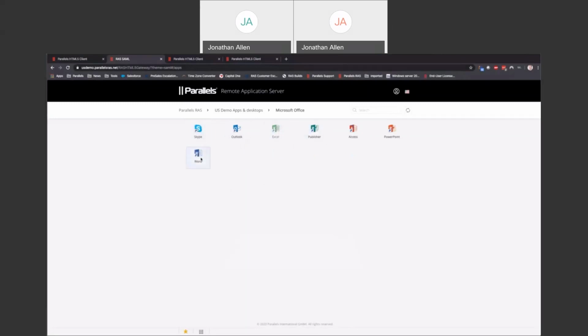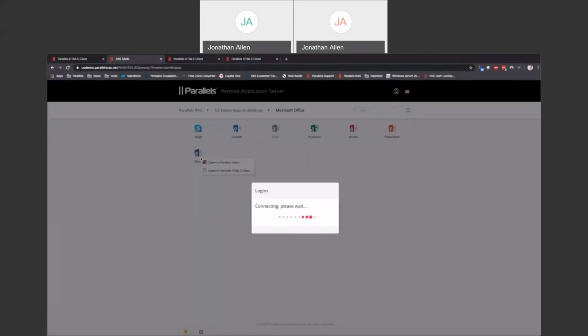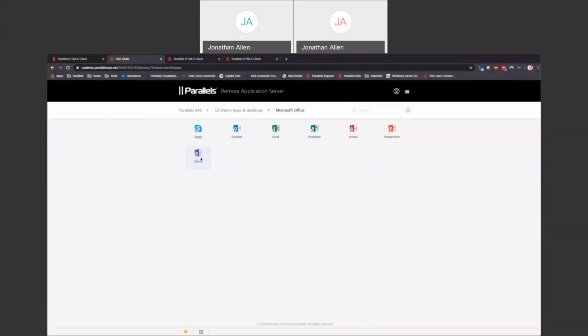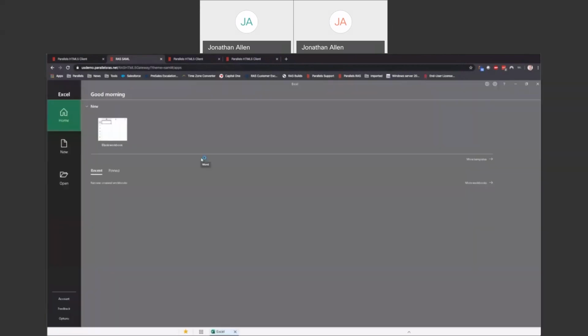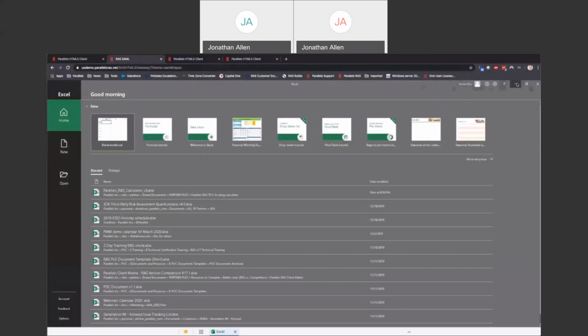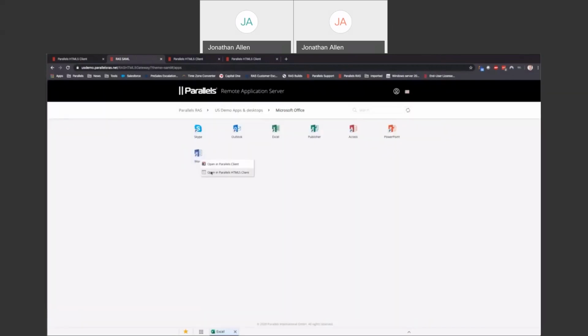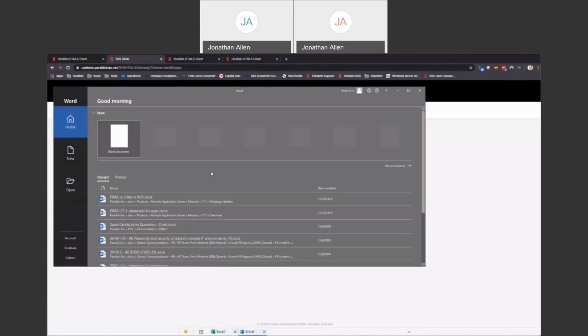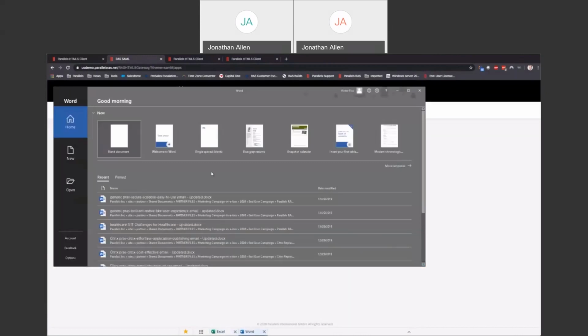I also want to launch Microsoft Word. With the right click option, you can pick to use the native client, which has several different advantages. Or if your users are on the road, they can use HTML5, which is actually pretty good. It allows you to drag and drop files, allows you to do everything the users need most in a